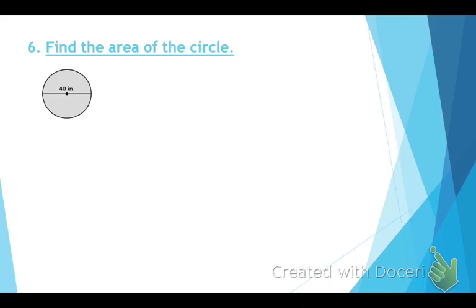All right, listen, I saw a lot of excellent work on this. Here's where some people messed up. They forgot to write off to the side to start with whether it gave us the diameter or the radius. What did it give me first? Diameter is 40 inches. So what would the radius be? 20, okay? I know that step seems kind of tedious, but it helps you just to identify what it is